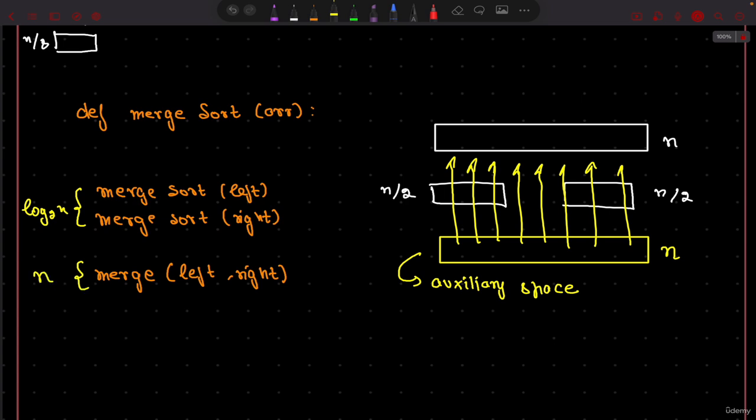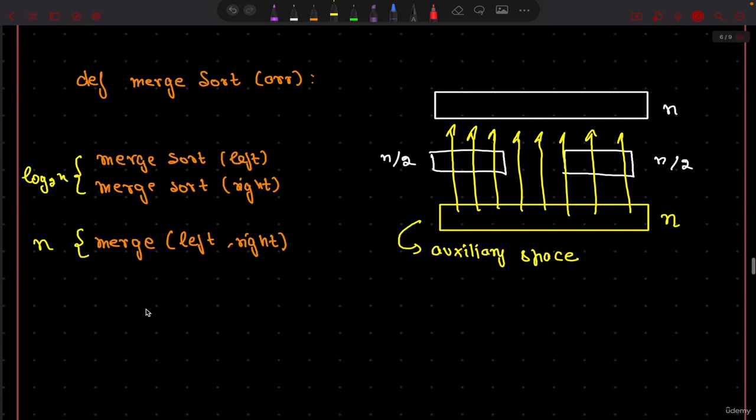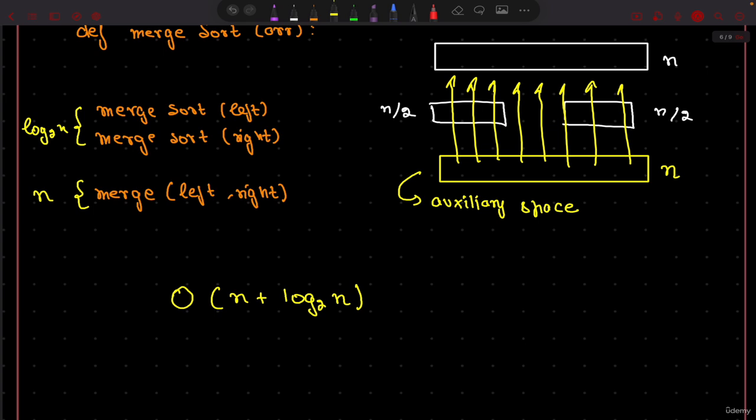So if I actually now try to add up the space complexity, I can say that my space complexity seems to be something like this, n plus log 2n. Again, you can add k in front of them. That is not a problem. You will be using some memory in the merge recursive call, some memory in the merge function. That is fine. But again, the understanding is that if I compare for a very big n,